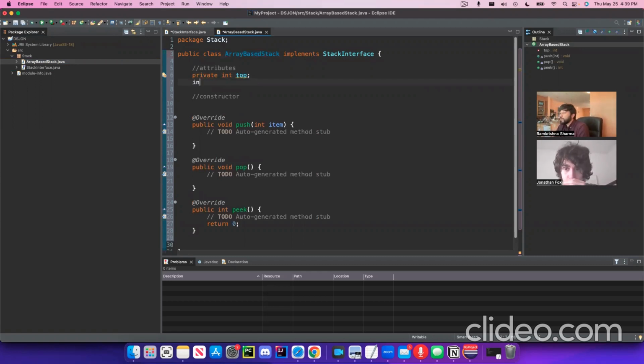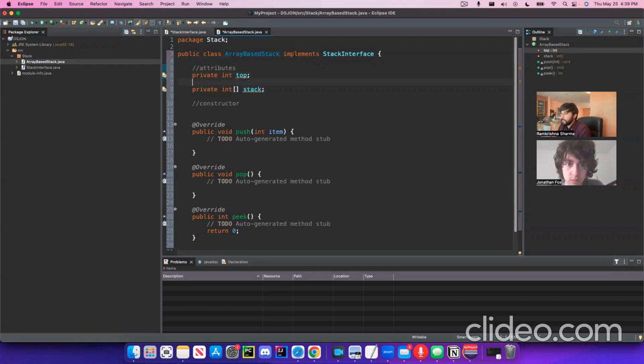Now I'm going to also create an array. I'm going to call it stack, and that'll be it for now. I'll make it private. Okay, so this is my stack. This is my array-based stack. I'm going to have a default capacity. So again, private, int final, and